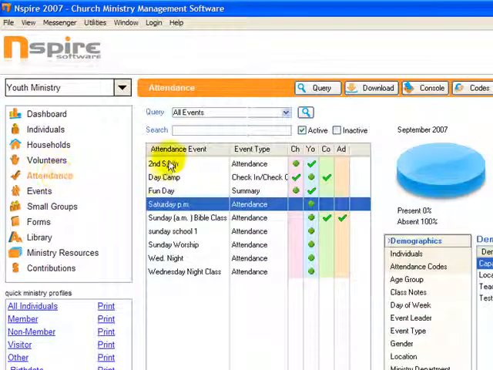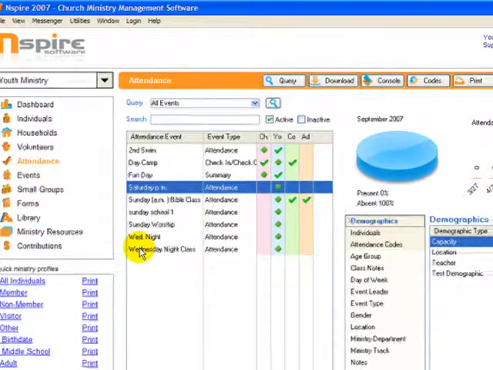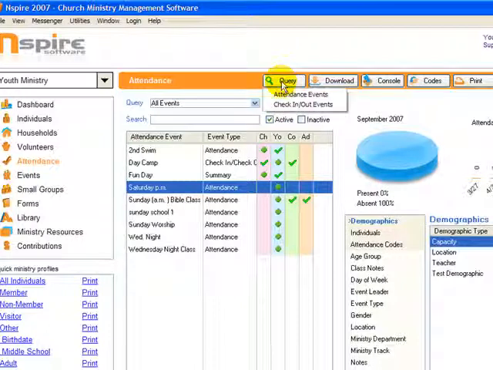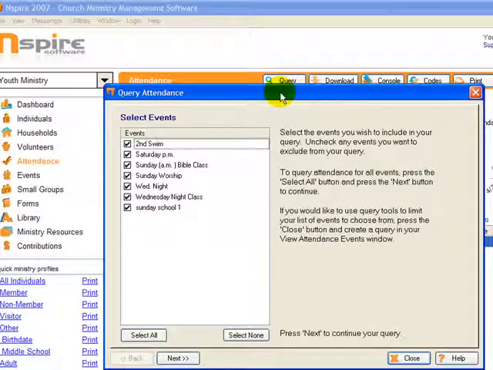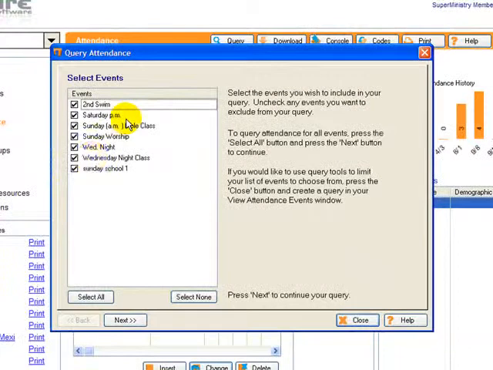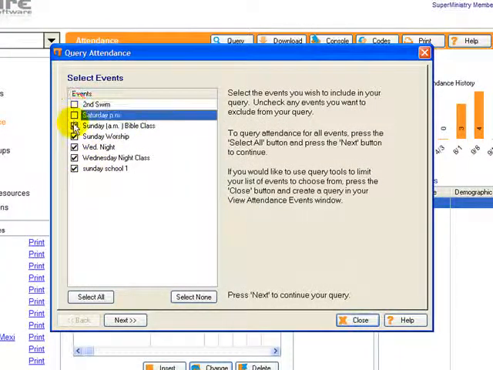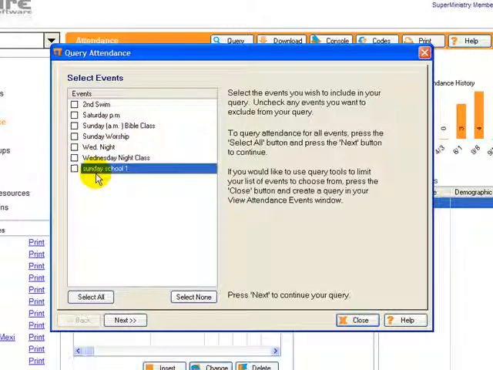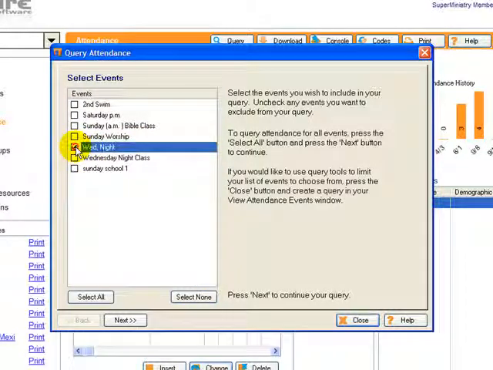And I have quite a few different attendance events already listed in here. What I'm going to do next is go up to query. And I'm going to click on attendance events. This will be the window that I'm going to use for searching my attendance. Now I can search all of my attendance events at one time, or I can search just specific attendance events individually, and that'll let me narrow down my results just for that one night, for instance like a Wednesday night. So for this case I'm going to search just for Wednesday night, and I'll click on the next button,